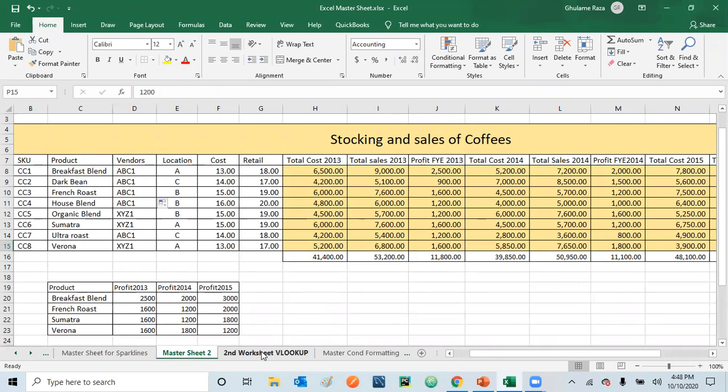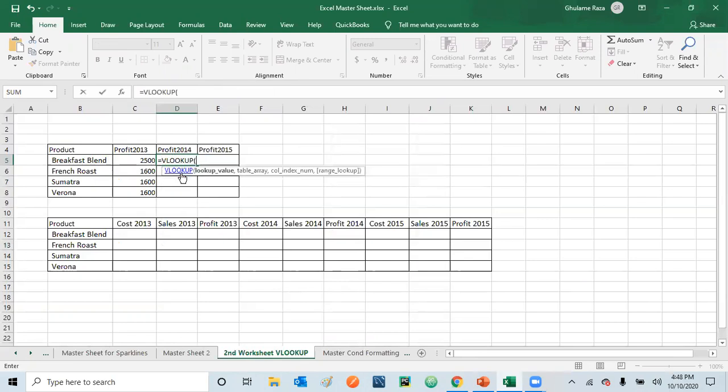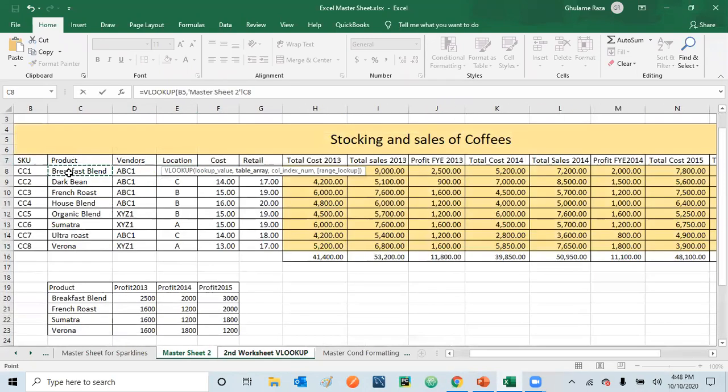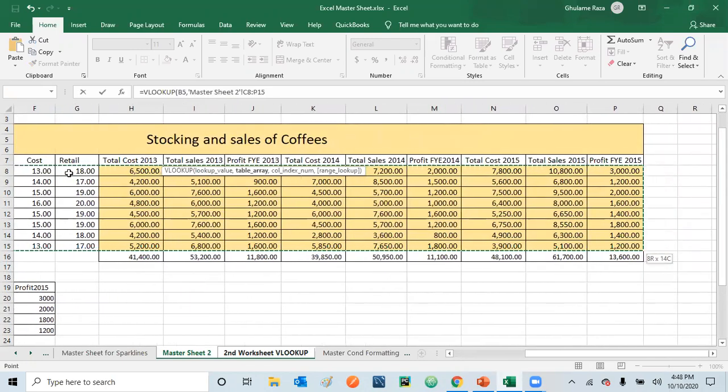So let's do the same thing for 2014. Equal VLOOKUP. Again, the same thing, lookup value: we are looking for this value, the value of the breakfast blend, and then comma, table array. So we're going back to the master sheet, and then selecting the data from breakfast blend, all the way down, and then until here.